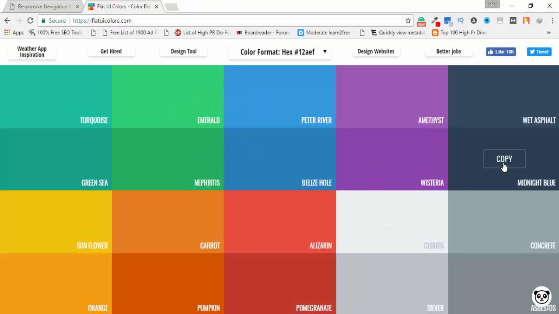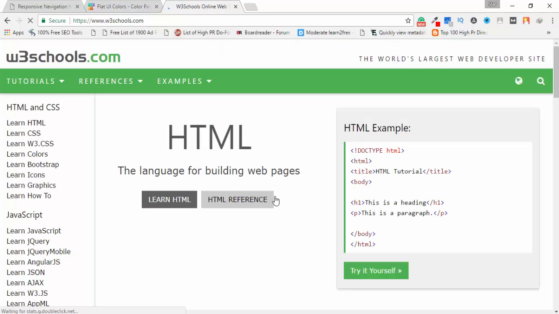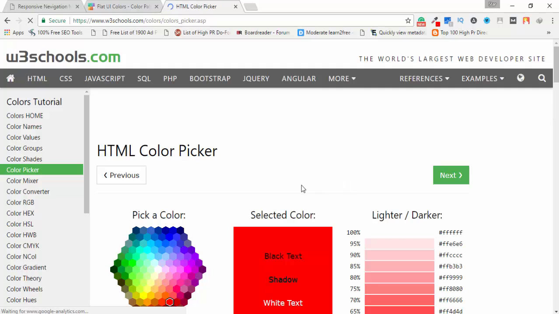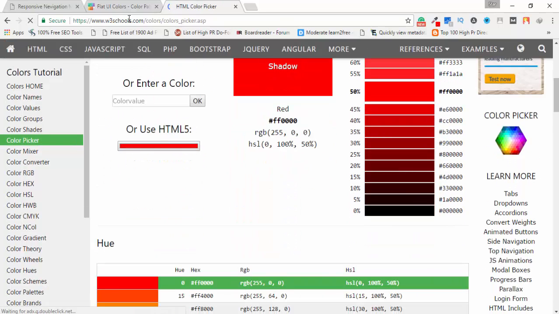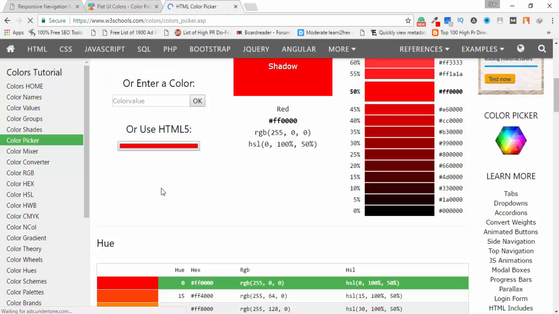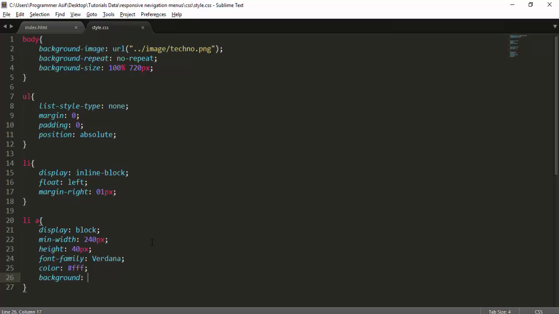I pick this color, and I use W3Schools to get the RGB color. I use the color picker, and I have already picked this color code, so I paste it here, and then okay. Then you need to copy this RGB color code and go to the code editor